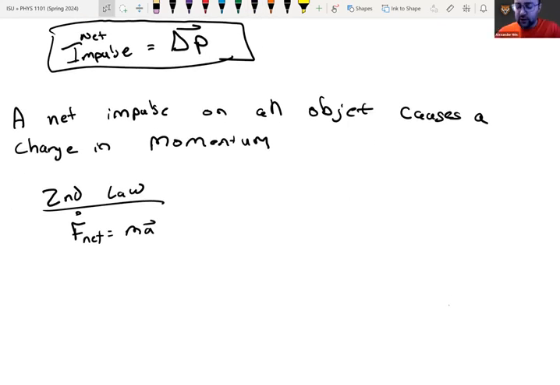But the way you can end up doing this, if you're in non-constant acceleration, it's a little different. But what you can do is rewrite this just a little bit and say, okay, this is m delta v over delta t. And then the m delta v just becomes delta p over delta t. So this is the idea that what a net force causes